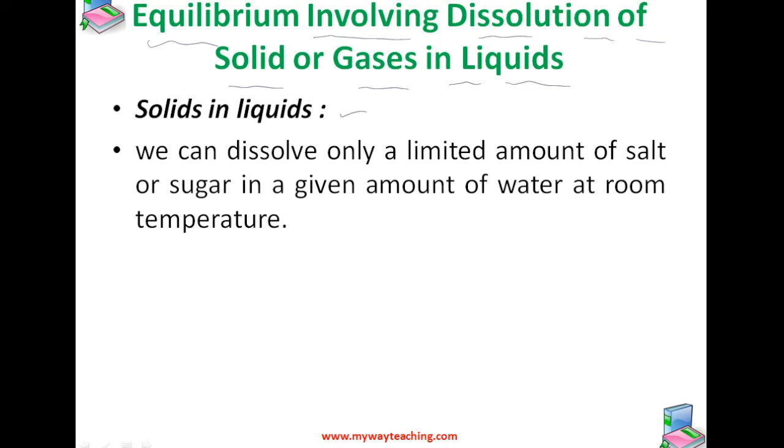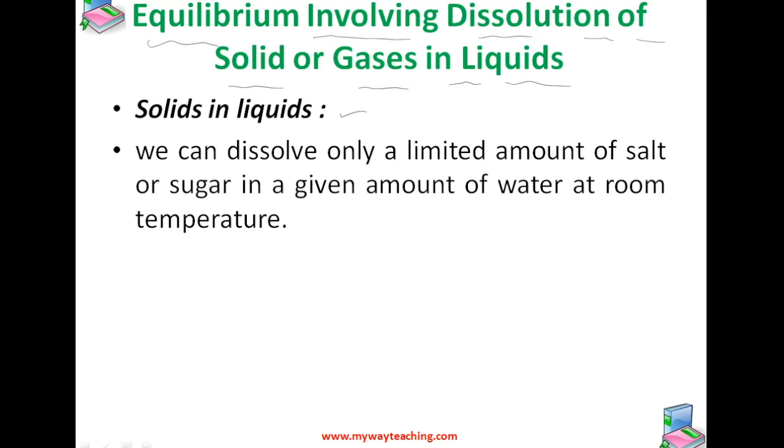We know that if we make a thick sugar syrup solution by dissolving sugar at a higher temperature, sugar crystals separate out if we cool this syrup to room temperature. We call it a saturated solution when no more solute can be dissolved in it at a given temperature. The concentration of the solute in a saturated solution depends upon the temperature.